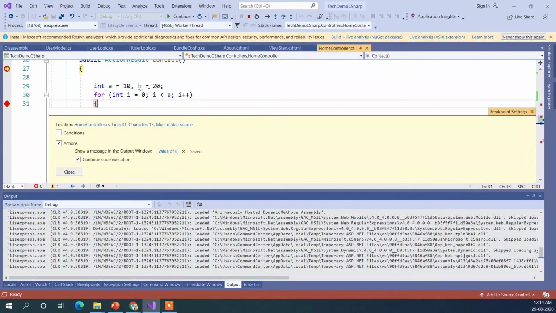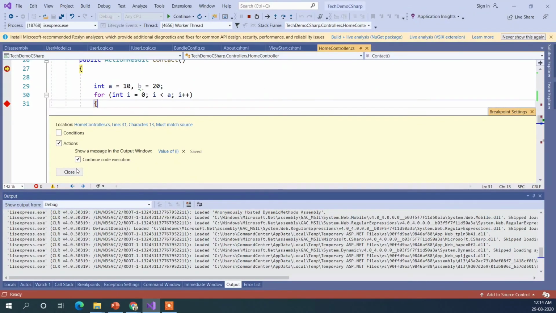What it will do is loop through all the values of I, and whenever it gets here, it will print the value of, and the placeholder will be replaced with the actual value.